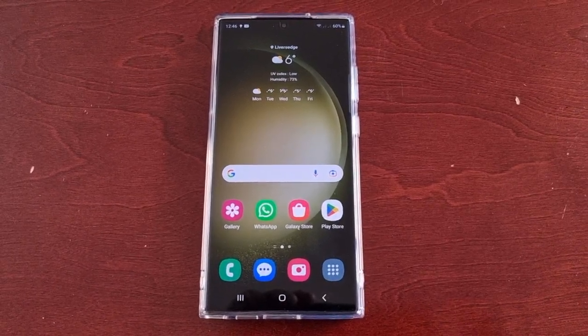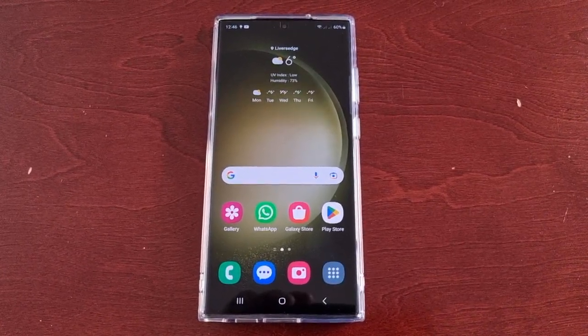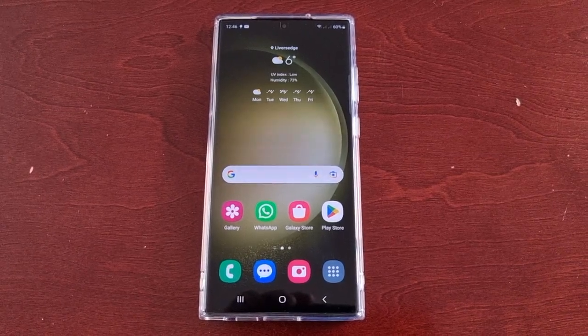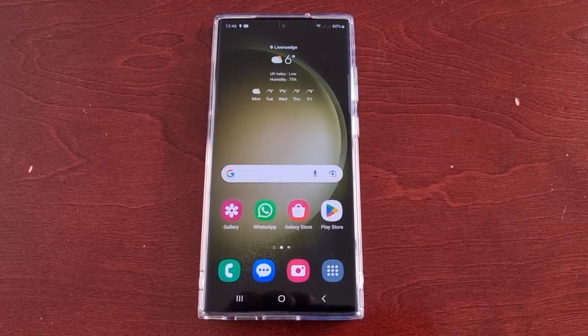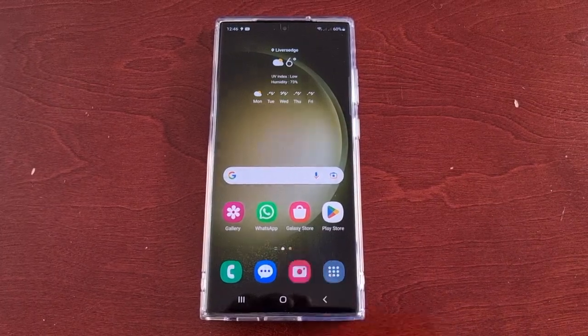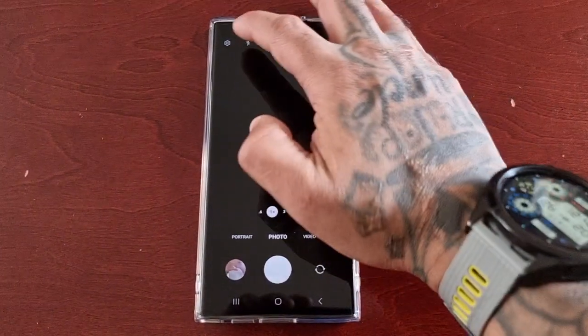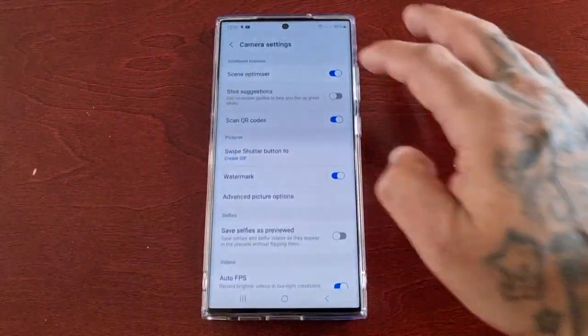I'm going to take you through the steps on how to set it to basically default to your last used mode. Okay, so just open up the camera and select the settings